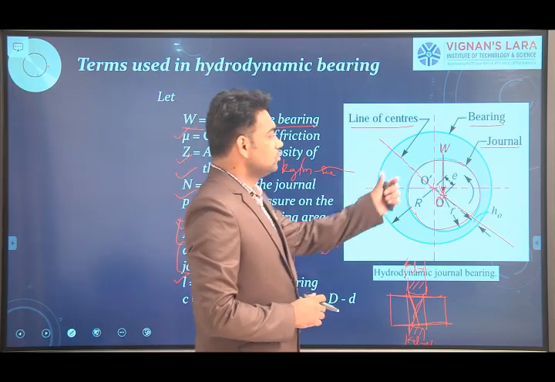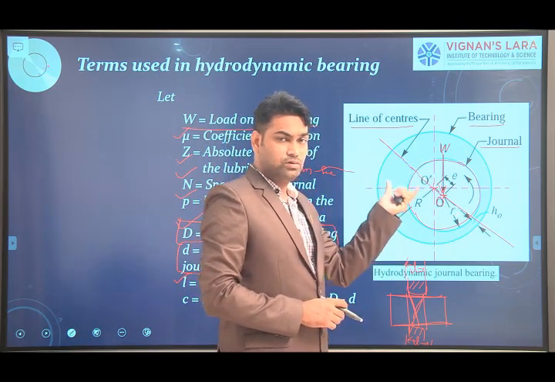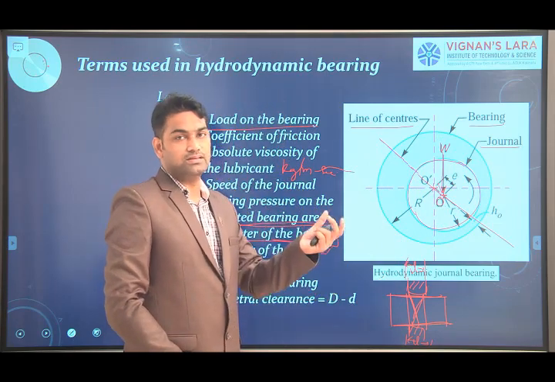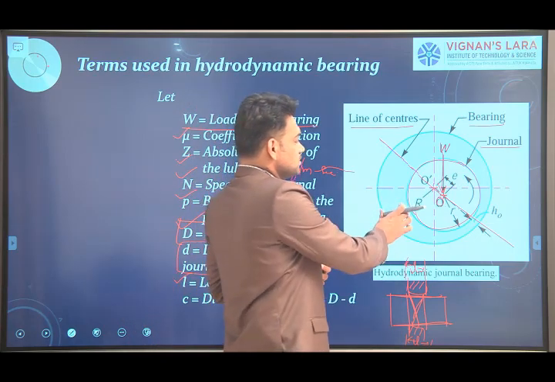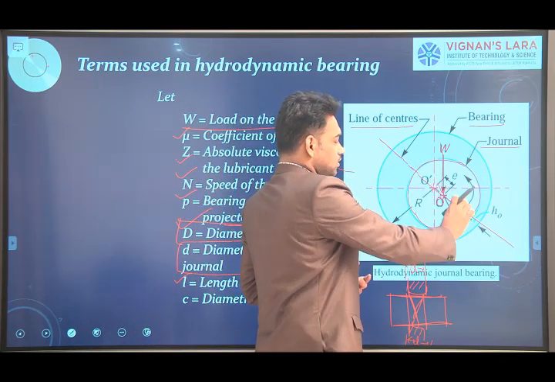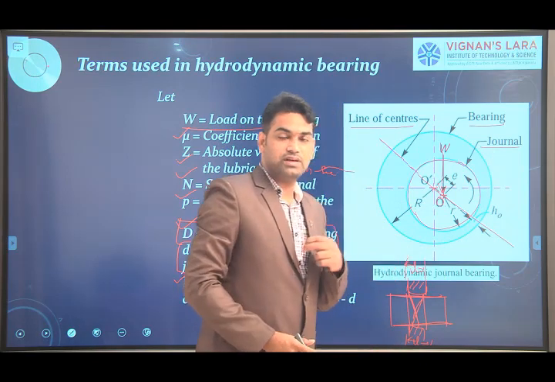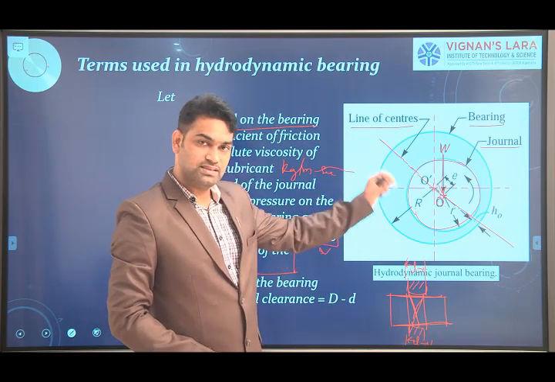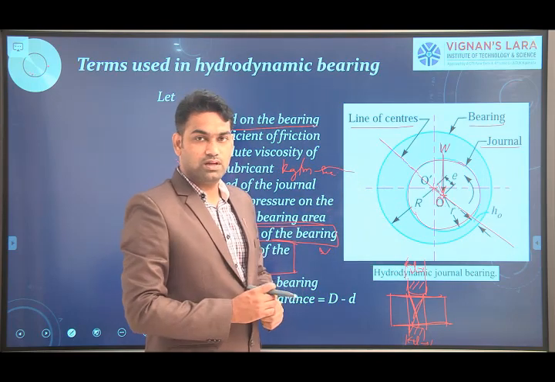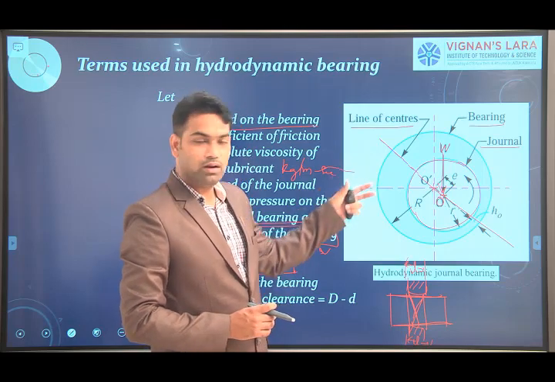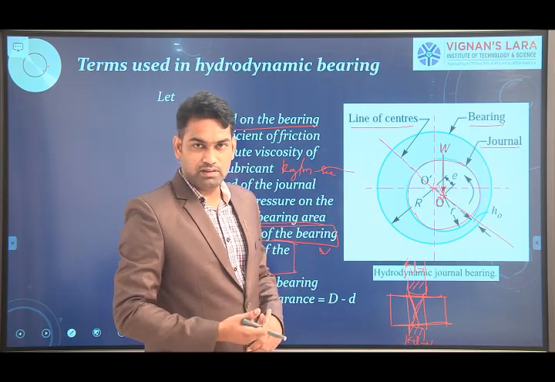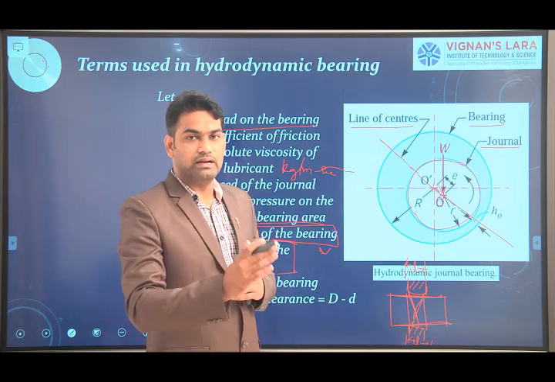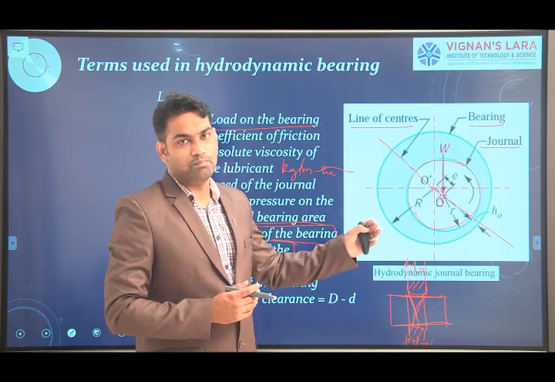So due to the difference of the diameters, what is the need to differentiate the diameters of bearing and journal? It is to provide the clearance. You can observe this is the space provided by differentiating the diameters of the journal and the bearing, so that the clearance is provided. In this clearance we are going to introduce lubricating oil. It is a clearance for lubricating oil. We require a thick film between the surfaces, so we require a clearance. That is the reason we provide a difference of diameters for journal and bearing.